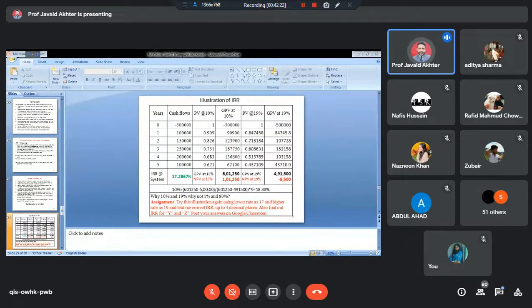Unlike accounting, there are fewer participants in this class, fewer students. Earlier, the attendance used to be close to 82, 83, up to 85, sometimes more also. But here I see it is not exceeding 65. Anyhow, it's people's choice. Any question from you? If not, then you can leave the meeting.